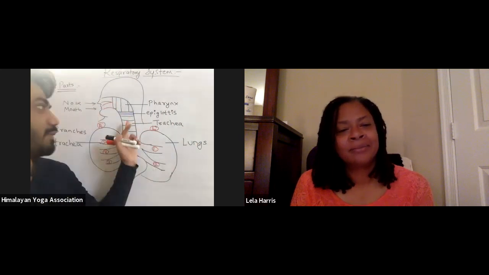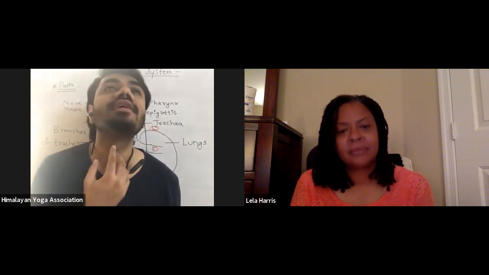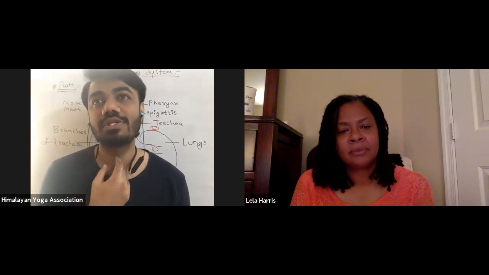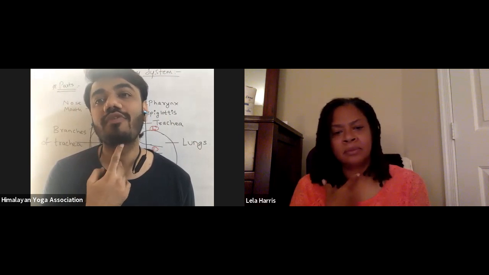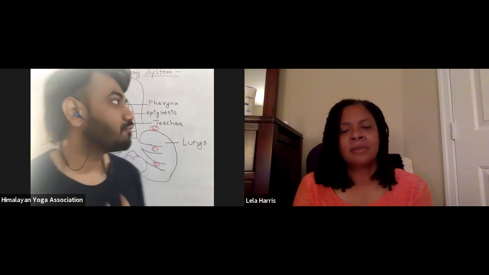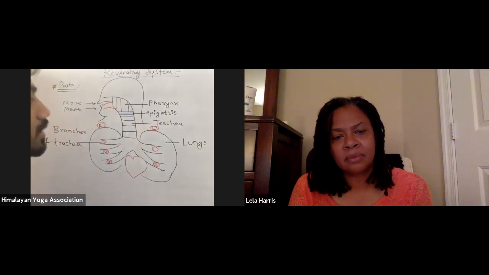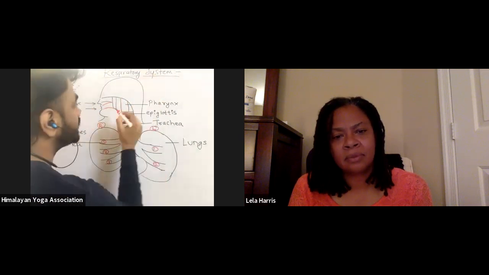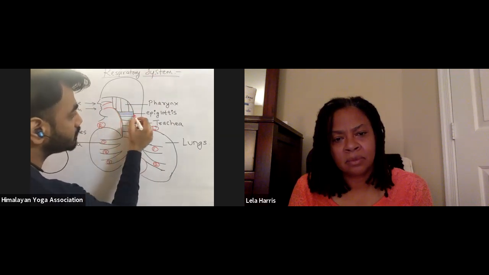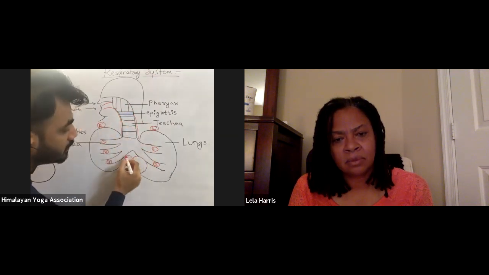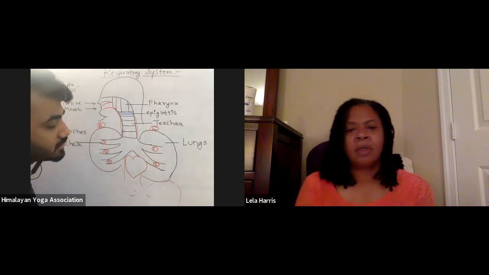So the windpipe is always in the front. If you see the windpipe right over here, I made the cartilage rings. Just touch your own neck in the front, and you will figure out those rings of cartilage in the front. So the food pipe always travels behind the windpipe. I will not draw here. This is not the digestive system, but this red thing, if you can see, goes right and the digestive system starts.